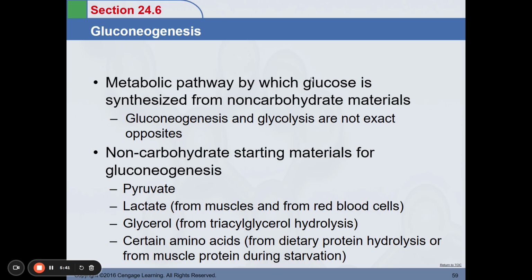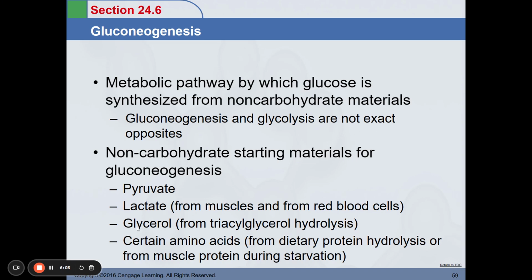Metabolic pathway by which glucose is synthesized from non-carbohydrate material. So it could be protein, lipids, amino acids. So non-carbohydrate starting material for gluconeogenesis includes pyruvate. Now, of course, lactate from the muscles and from the red blood cells, as we have discussed from our previous